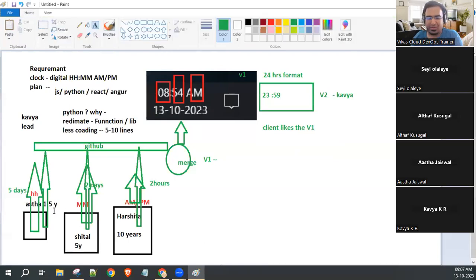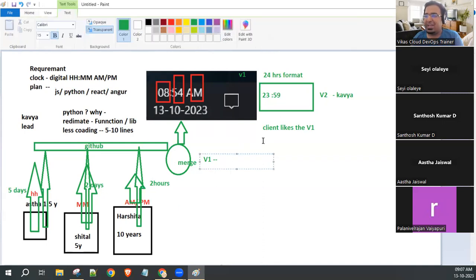Can we tell Harshita and Sheetal to develop the previous clock code again? No need. It will be in Git. We can roll back. Yes, it will be saved in GitHub. We can just run the previous version. Kavya will be happy that she was aware this one was better, and that her team did good work. Kavya will just bring version 1 again and show it to the client in just a couple of seconds. So what I want to say is that code management, the previous version of the code, always matters.